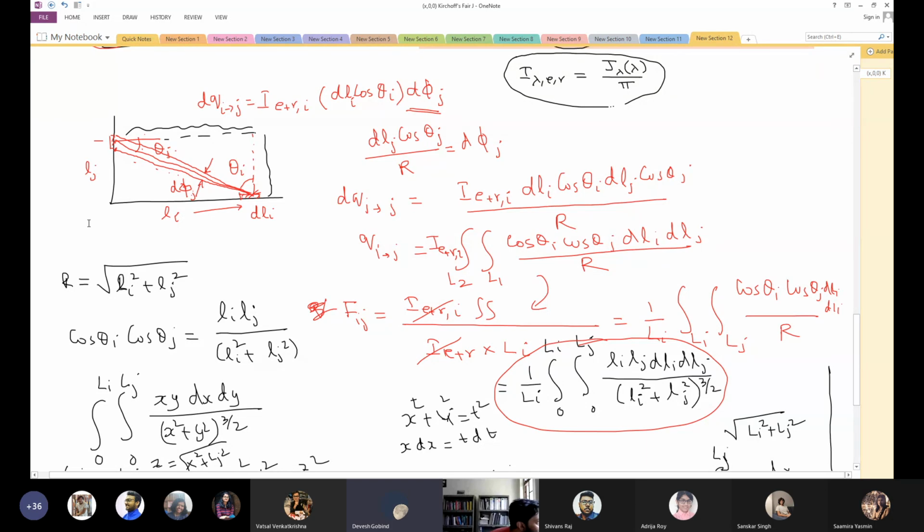Sir, pardon? So if I take the entire LJ, yes, there will not be a single distance. There will not be a single angle. So that is the trouble, no? Because it depends on the angle, depends on the distance. Sir, I was saying that the radiosity is uniform, for every theta and every lambda.